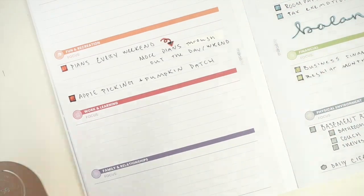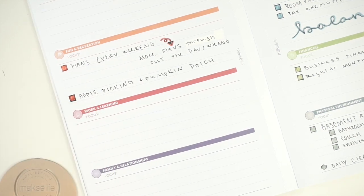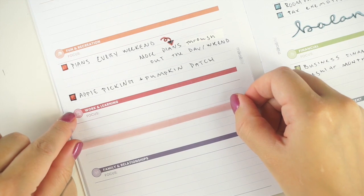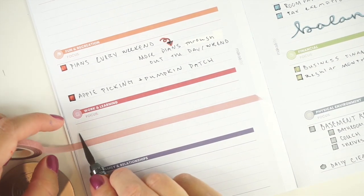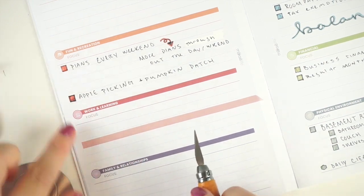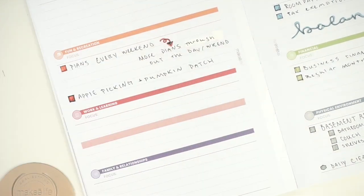Okay, so work and learning. I'm gonna divide this space. Can grab that washi. I use the lighter. I'm using the lighter red here. It matches the inside color. It looks really good. Okay, and then